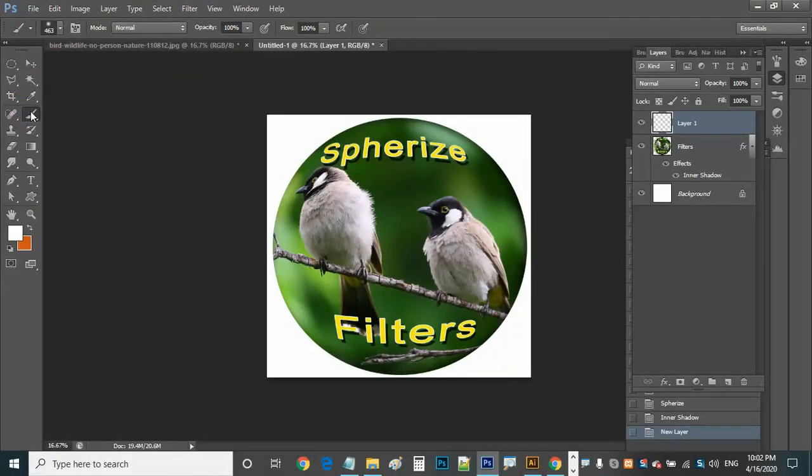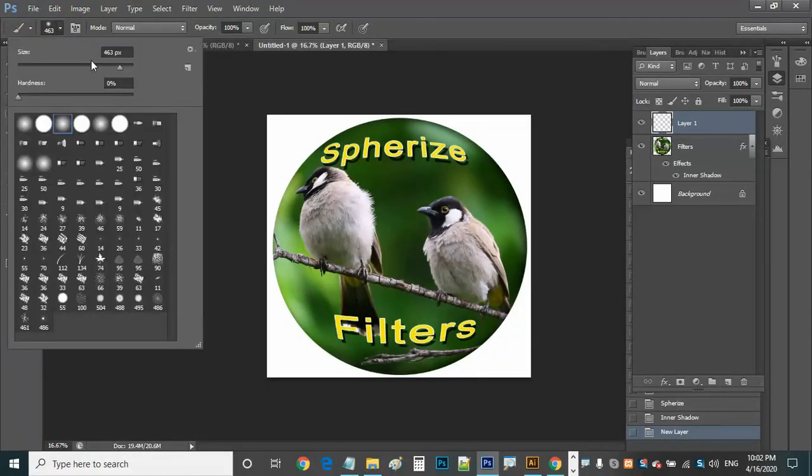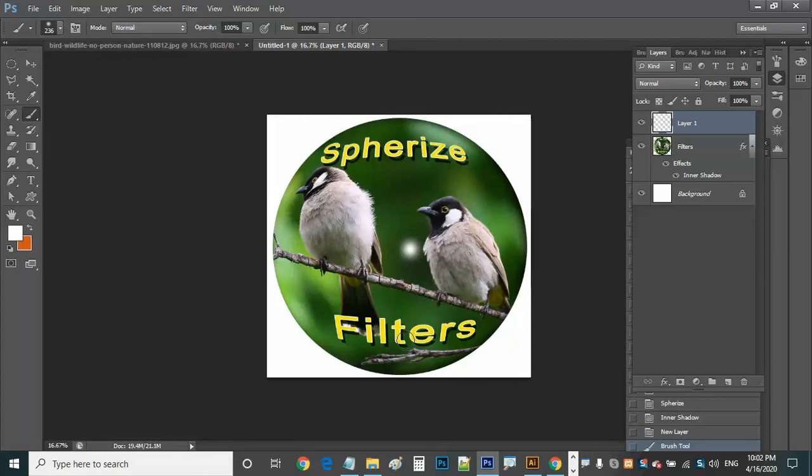So I am selecting the brush, and I am going to adjust the size from here, and I want to apply it here in a separate layer. So that is a shining effect, we got it here. But if it is not looking like a shine, what you can do is make adjustments. Because it is a separate layer, you can move it wherever you want, and you can change the opacity here. I want to reduce the opacity a little bit, right? Now it is looking like a shine here. Now it is a spherical shape totally.